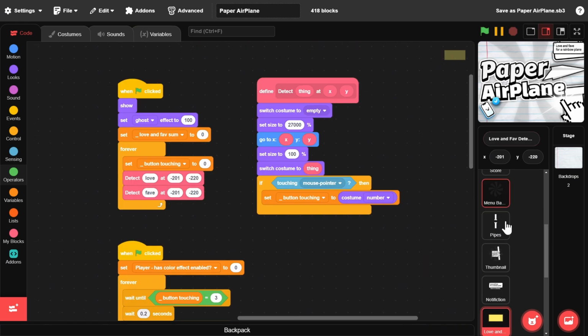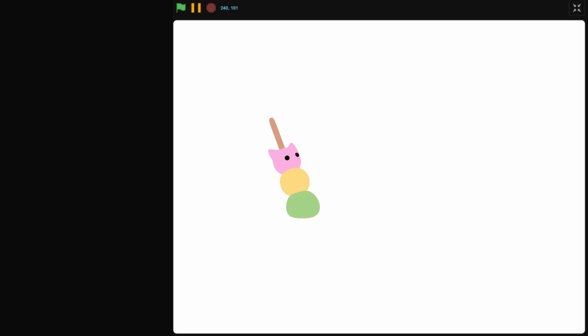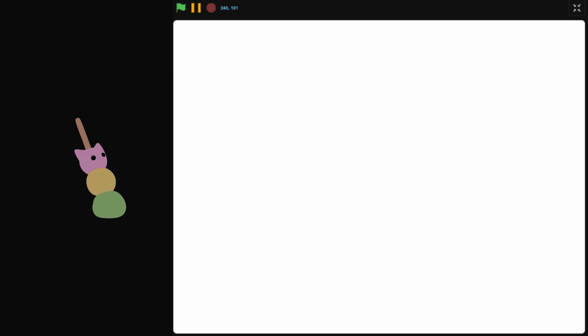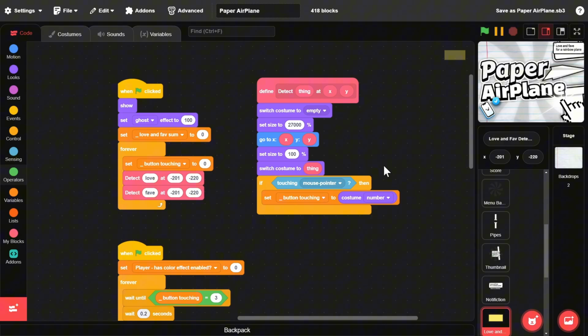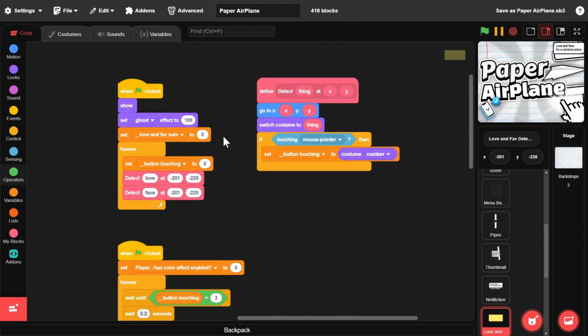And when you're wanting to get sprites to go off the stage, like for the Love and Fader texture, switching to an empty costume, setting the size to a high number, going to that location, setting size back to 100, and then switching back to the costume, yes, it does work, but it is kind of inefficient. There is a simpler way to make it so it can just go slightly off the stage without appearing. We can just remove all of this, and all you need to do in the costume editor, you can just go here,